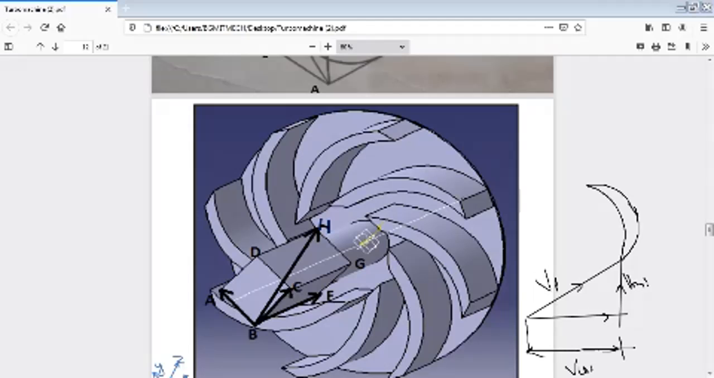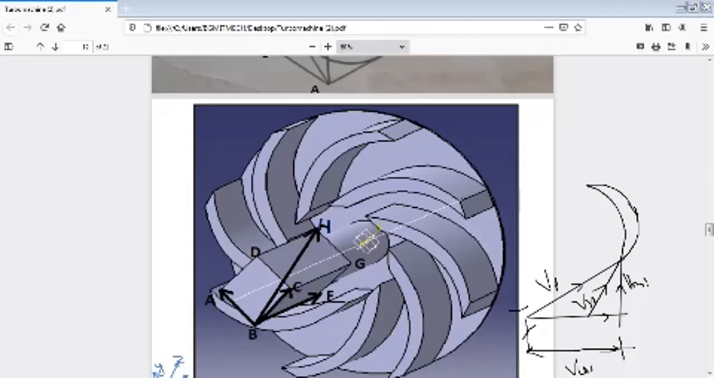Whatever the direction you are provided, that is coming out of this pipe, and when it will touch this blade, it will follow the blade shape. The fluid will follow the blade shape, so whatever the velocity of the fluid is over the blade shape, that one I am drawing here. This is the VR1,